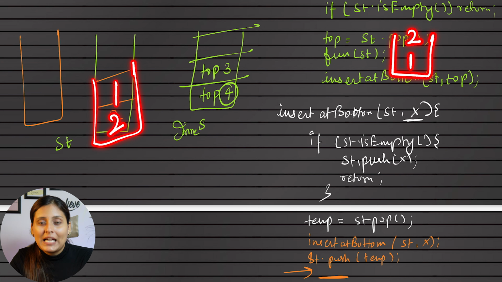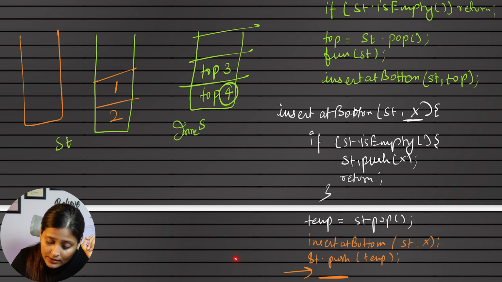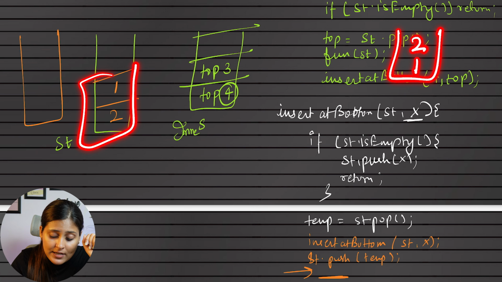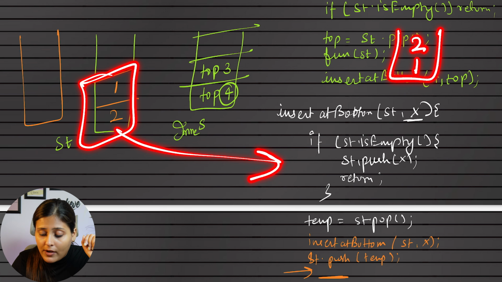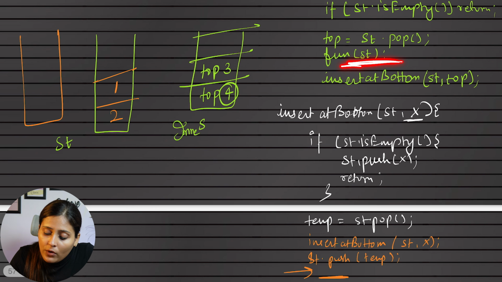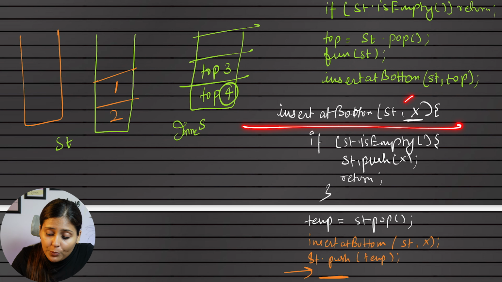But now the stack is 1, 2. How is it possible? See, we are using the same stack by reference. So even this same stack we have changed in the insert at bottom function. Originally it was 2 and 1, but as we have changed it to 1, 2 in the insert function, it will also become 1, 2 by default, because we are using the stack's reference and not a copy of the stack. So now in the insert at bottom function, stack will be this 1, 2 and top will be 3. So now we'll go here to push 3.